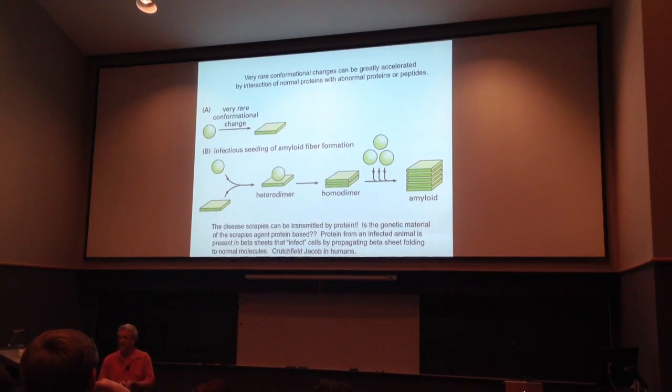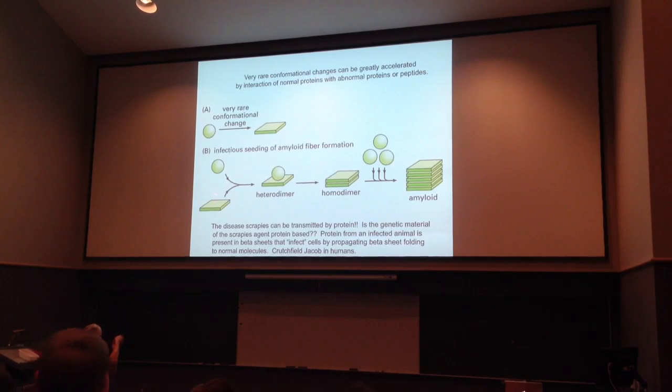So why is the infectious agent infectious? Because if they eat something that has this in it, it can induce all your protein to do this and form more of that. So it's infectious. All you have to do is eat that cow brain. You get some of this guy, and you'll induce your normal